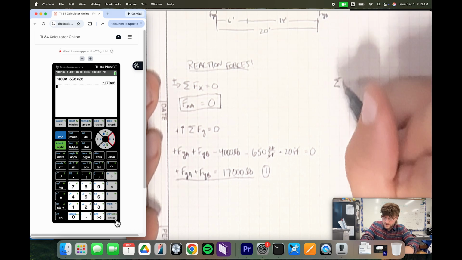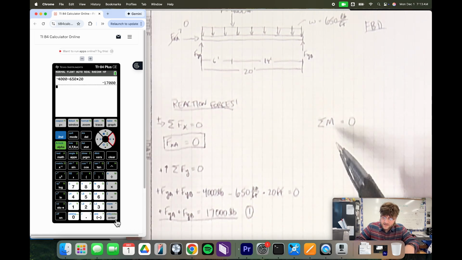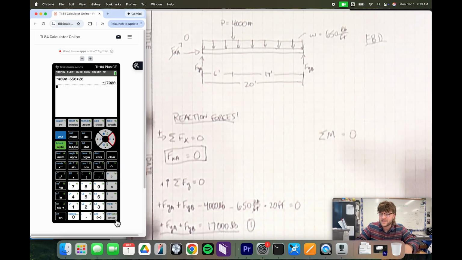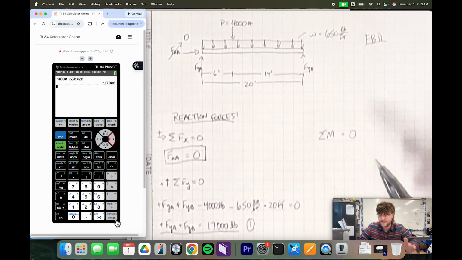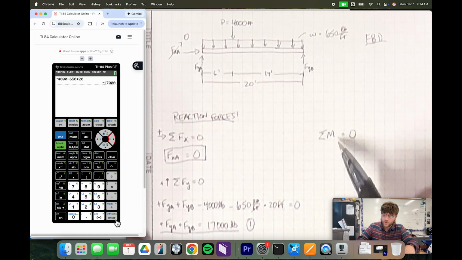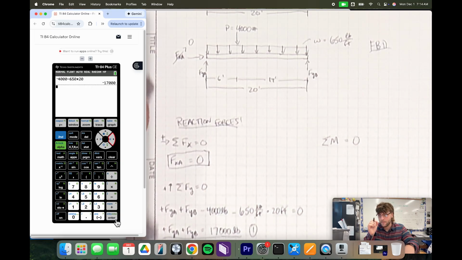So the sum of the moments about any point is equal to 0. Now, this is where there are wise decisions, where you can end up choosing the point to calculate the moment about. And so usually what we end up doing is we choose the point that has the